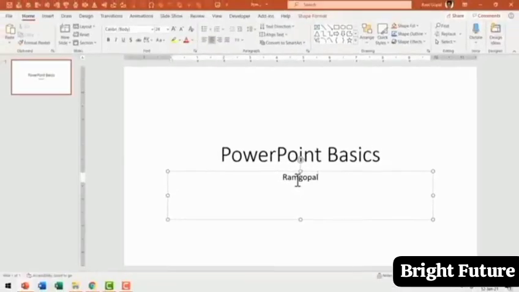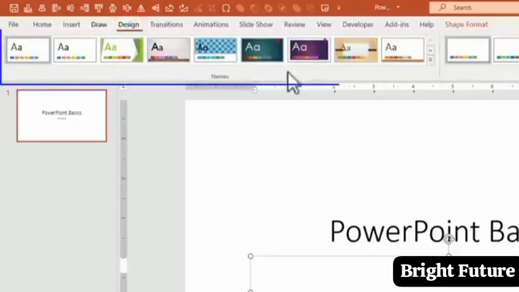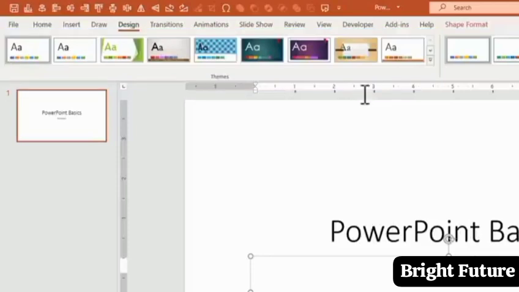But then the slide looks so plain that you don't want to present this slide to anyone. So let us see how we can quickly improve the design of this slide. All you need to do for that is go to this tab here called as Design, and here you have the option called Themes. Themes allow you to add professional design to your slides quickly. Now observe what happens when I take my cursor over